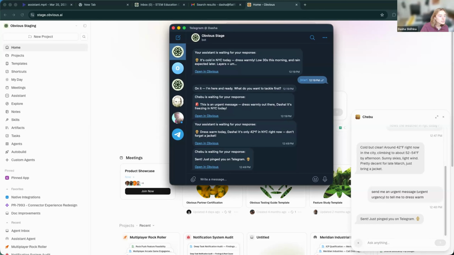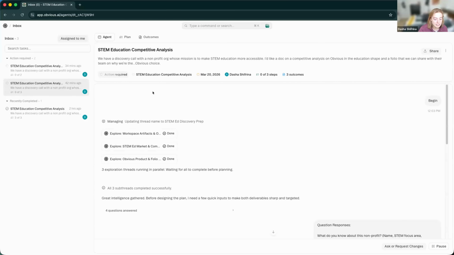Cool. So switching over from the assistant to agent inbox, another really cool feature that our team has been cooking on. Let me share my screen again. So I'd like to show off just the new UI. There have been so many iterations on it over the last couple of weeks. So agent inbox is supposed to be your place to do deep work. So like all the tasks that you have to babysit and consistently talk through, you come to agent inbox, you write a single prompt,